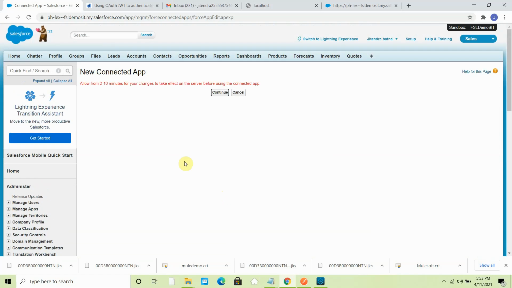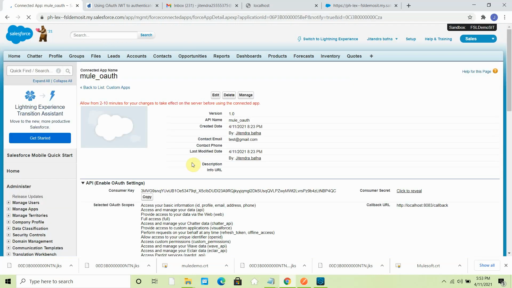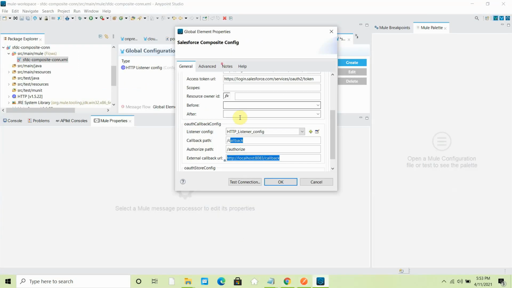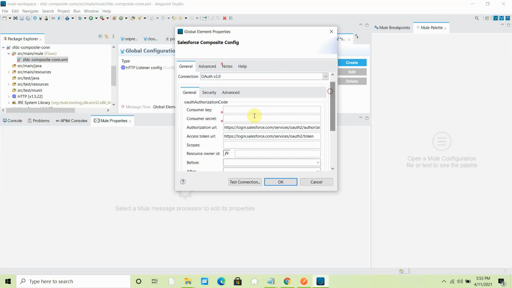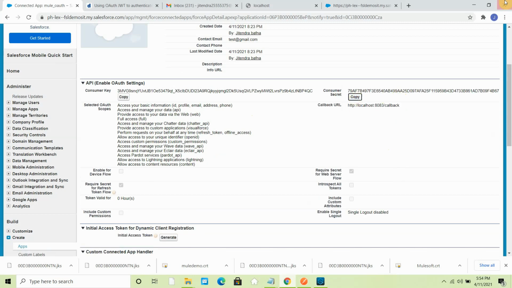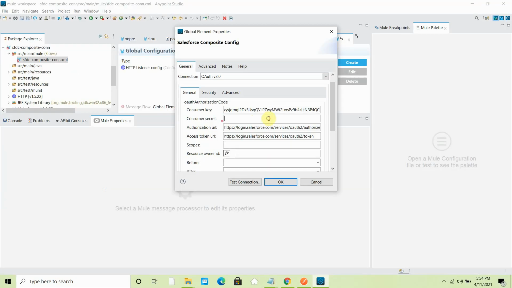Here you will see it generally takes 2 to 10 minutes for the configuration to be ready. Okay, everything is ready. Here you can see the consumer key. Copy this consumer key, go back to your configuration and paste it here. Then for the consumer secret, click to reveal, copy, and paste it here.